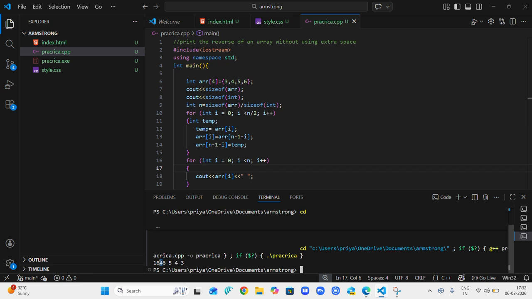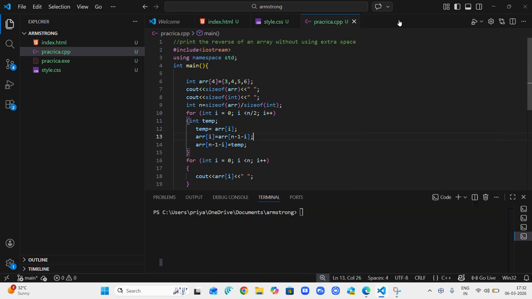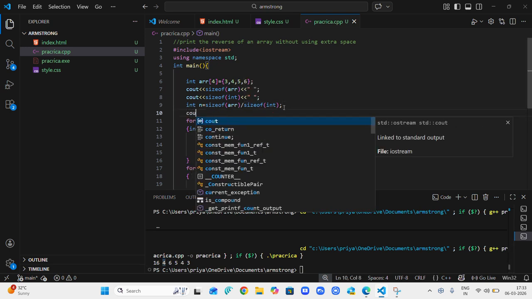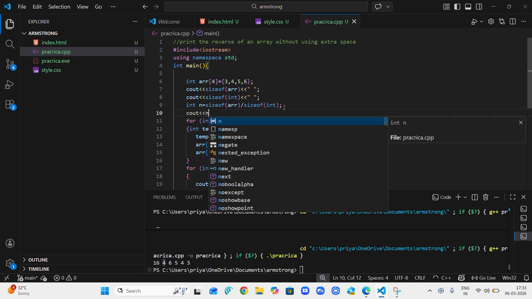Now in order to get the size, when I divide 16 by 4, it gives 4, and 4 is the size of the array also. So in this manner, I get the size of the array. But for your satisfaction, I know when you start coding for the very first time, I have also experienced the same thing, you want everything to be crystal clear. Let me add space and then show you. See, 16 is the size of the array, 4 is the size of an integer. When I divide, I get the size of the array. You can even print out n also.